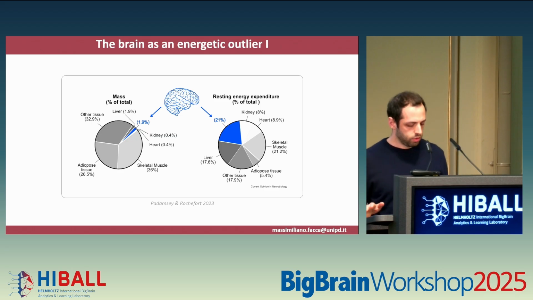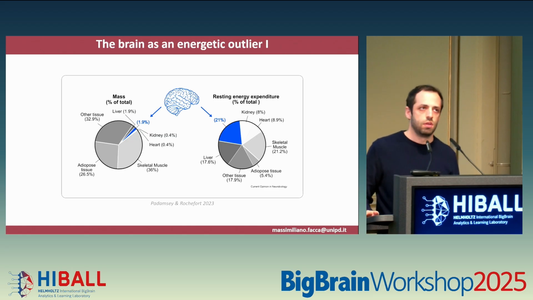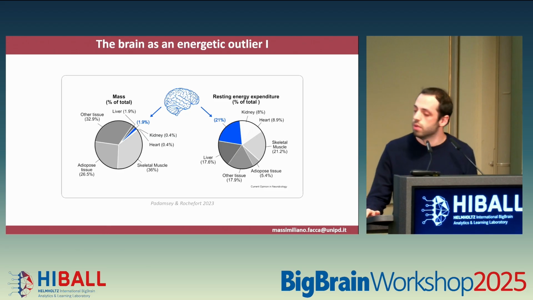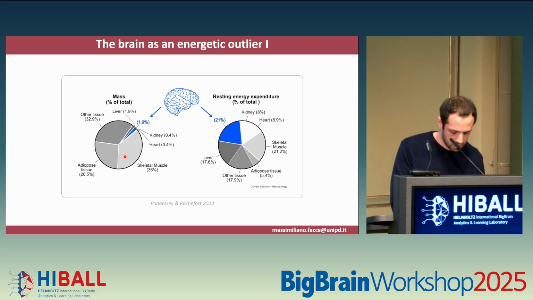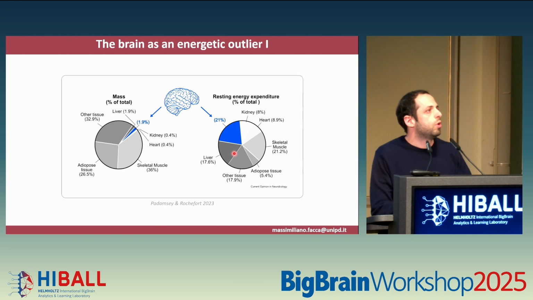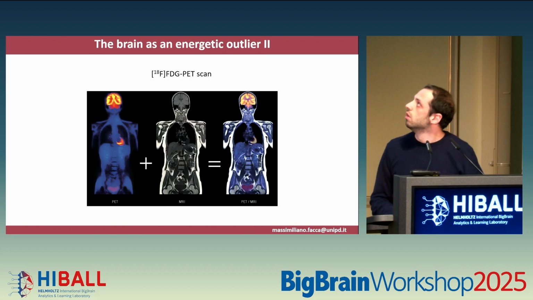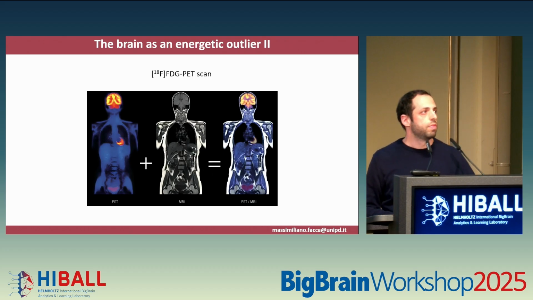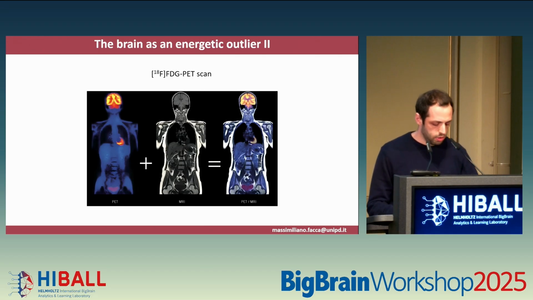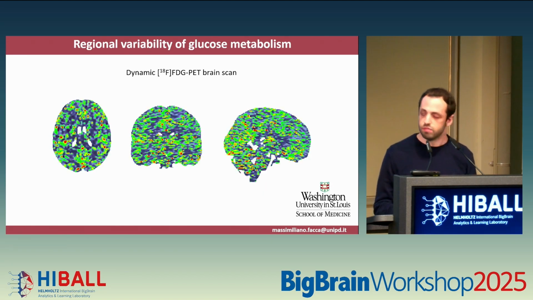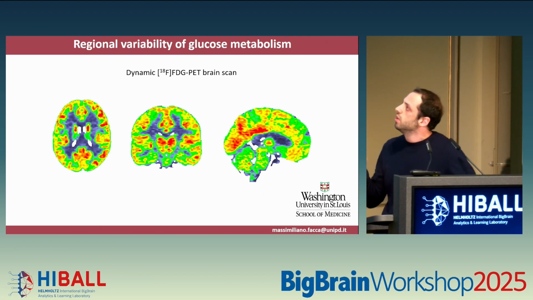Now, as you can see from this figure, the brain is an energetic outlier because it accounts for just 2% of body mass, but it consumes about 20% of body total energy. Here you can see this paradox occurring in a real-life scenario of an FDG PET scan, with the brain being the brightest organ. If we zoom in, this time using the same tracer, so always FDG, but with a dynamic